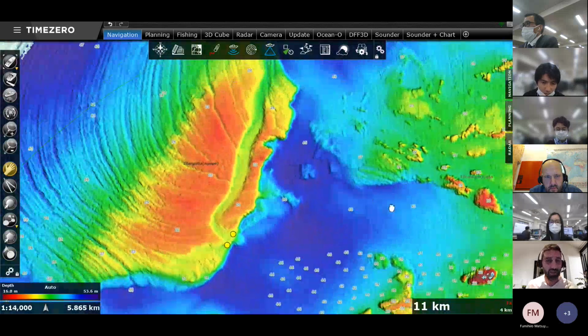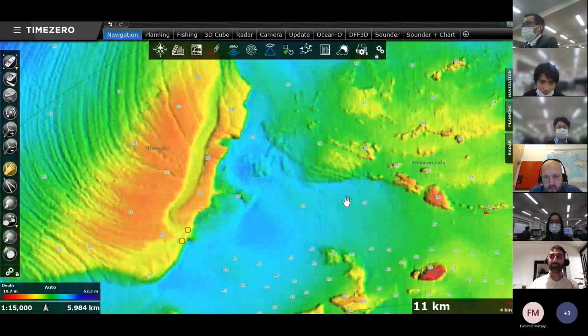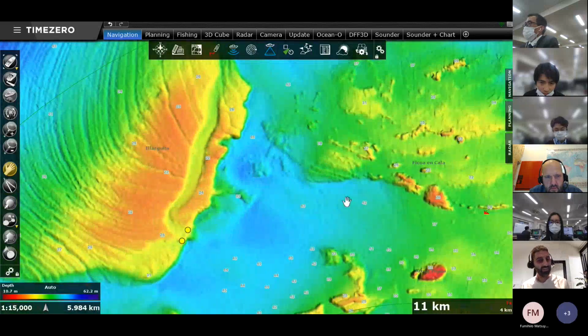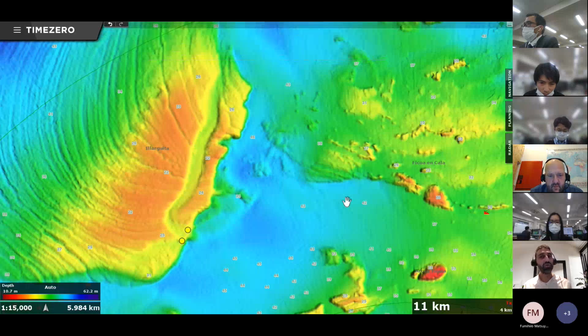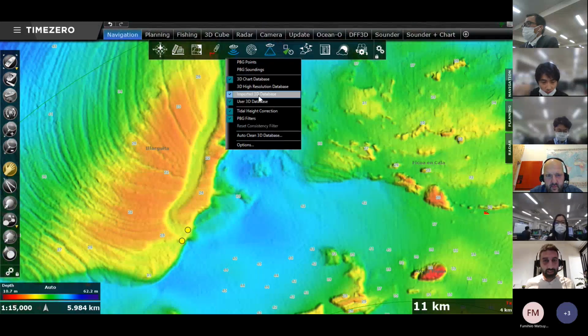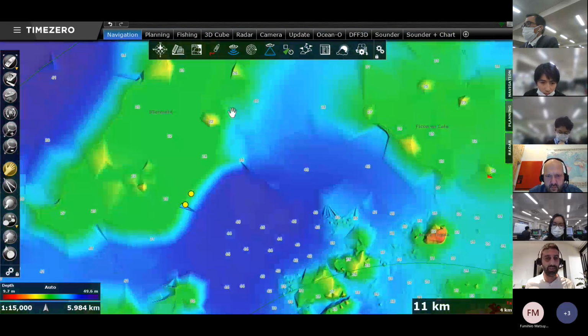And I would like to show you the difference between the 3D chart that comes with TimeZero as standard. You know, when you purchase the software, TimeZero already comes with a 3D bottom chart. And if I take off the database from the user, you will see what is the TimeZero standard 3D chart.